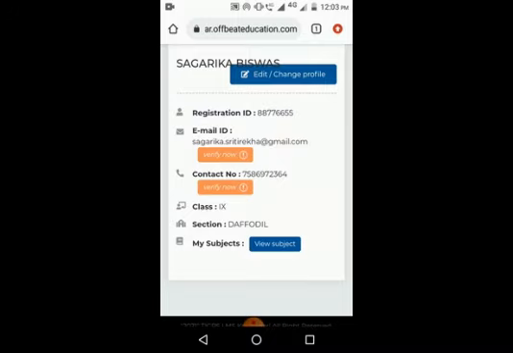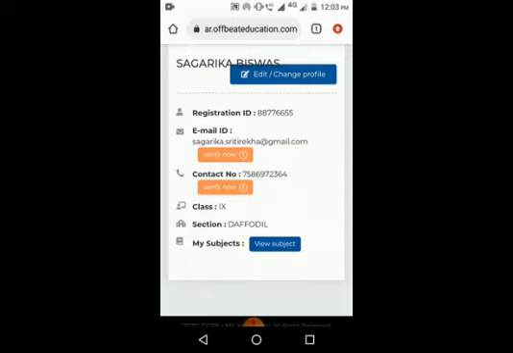When you forget your password and request the LMS system, LMS will send you a security alert or the new password to the registered mail ID and contact number. So now I have to do the verification process.